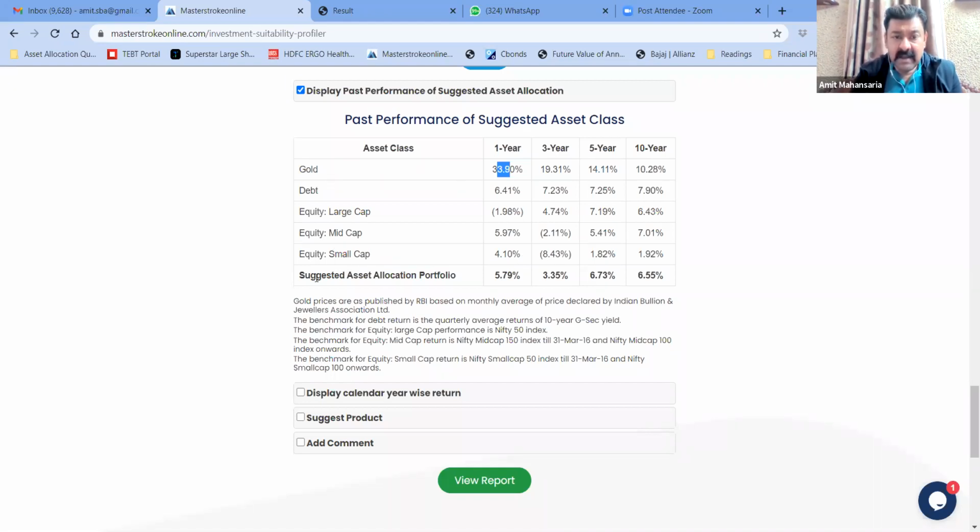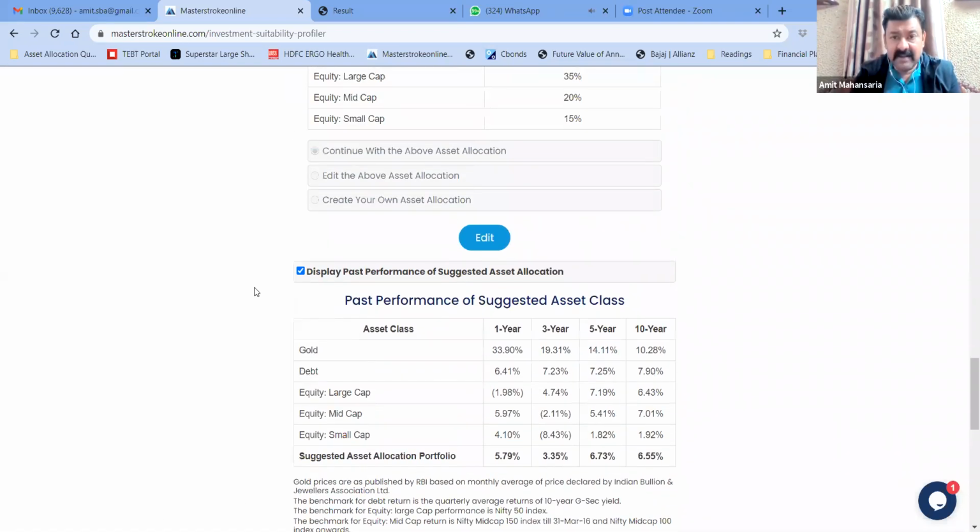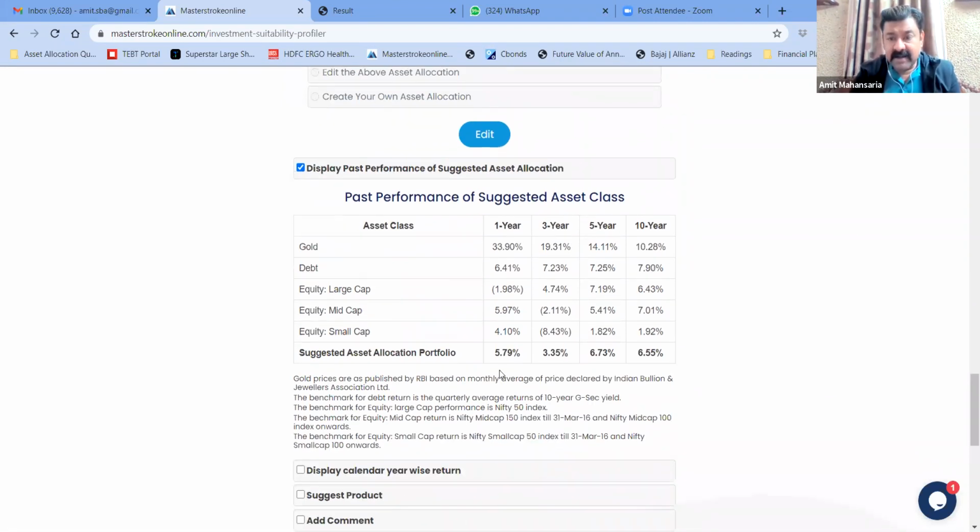Along with this, the performance of the suggested portfolio for the past 1, 3, 5, and 10 years is also displayed. This basically means if someone had invested in this asset allocation 10 years ago, they would have generated a return of 6.55%.